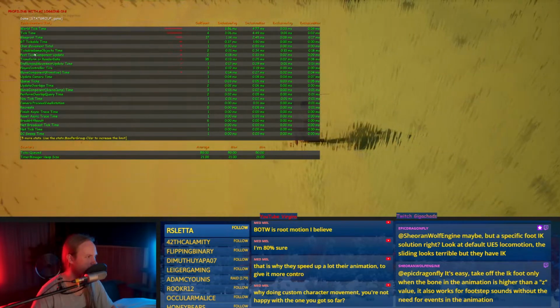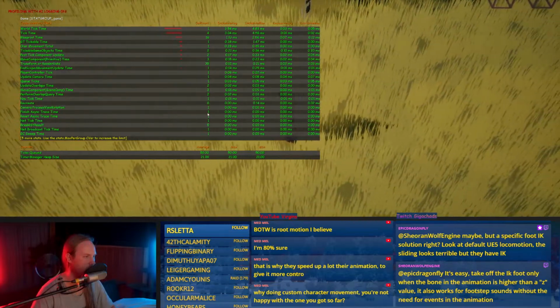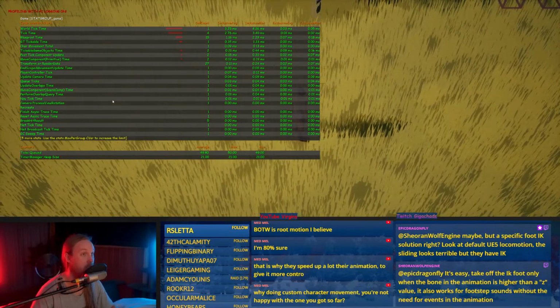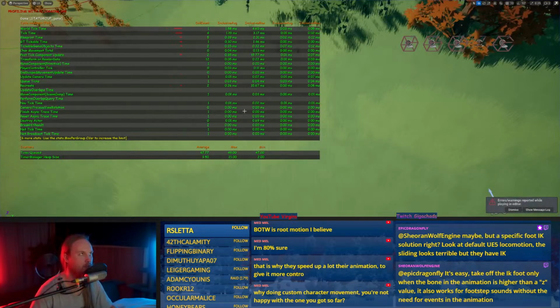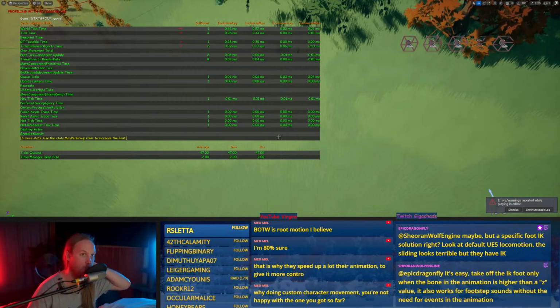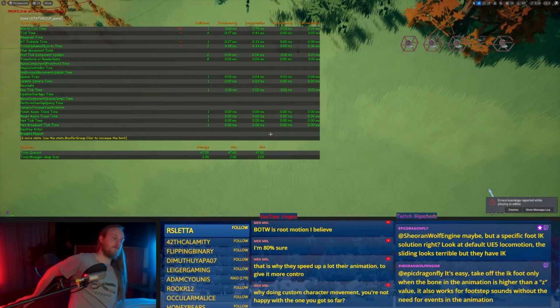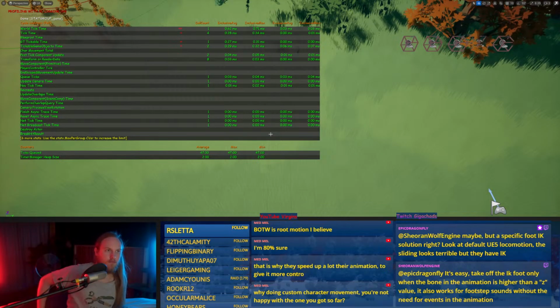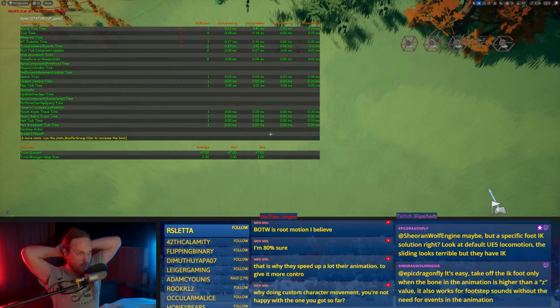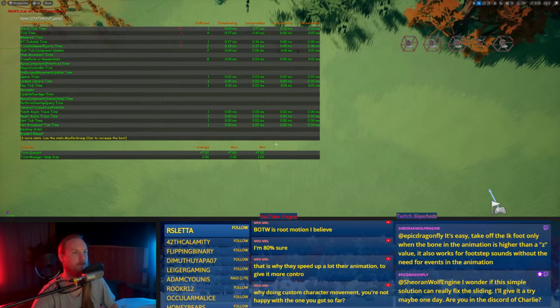There's something that really eats performance. I've done tests with 100 characters with mesh collision disabled versus enabled, and it's 100% worse when they're all enabled. So yeah, that's my reason.